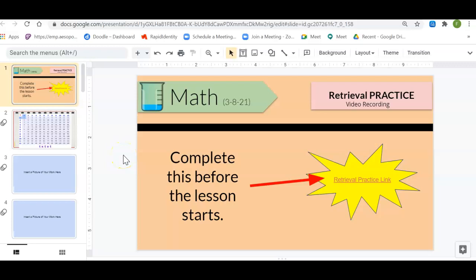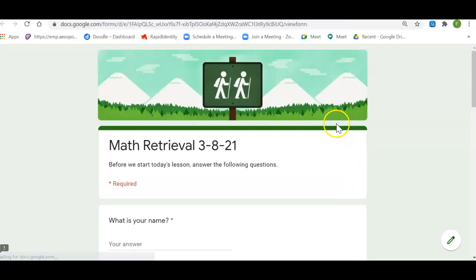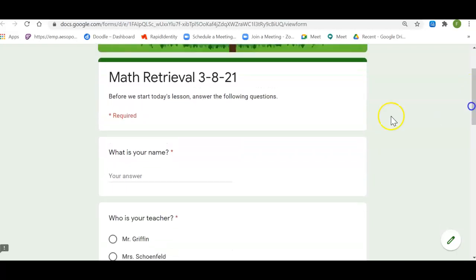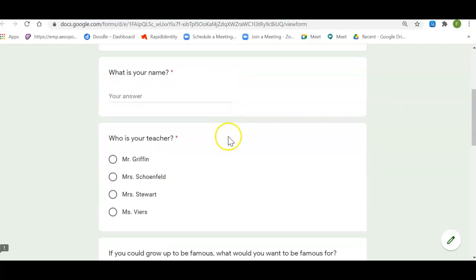Hey students, today is Monday, March the 8th, and before we begin our lesson, we're going to do the retrieval practice link. So on the first slide for today, just go ahead and click on the retrieval practice link. We're going to complete that before we actually start the lesson. So math retrieval 3.8.21,